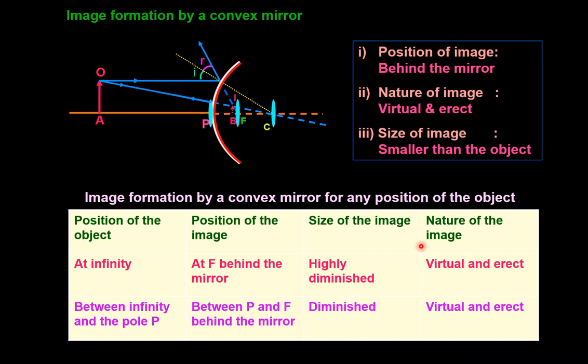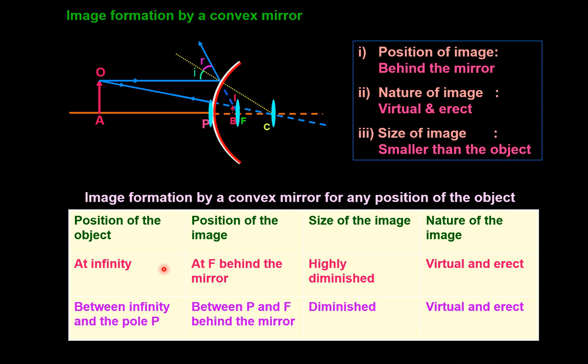Okay, so I think you are able to arrive at the result. So you see the last case, the last image formation of a concave mirror, that is when the object is placed between principal focus and pole. That last situation, the sixth position. In that case the image formed will be virtual and erect, it will be behind the mirror in case of concave mirror, and it will be magnified also.